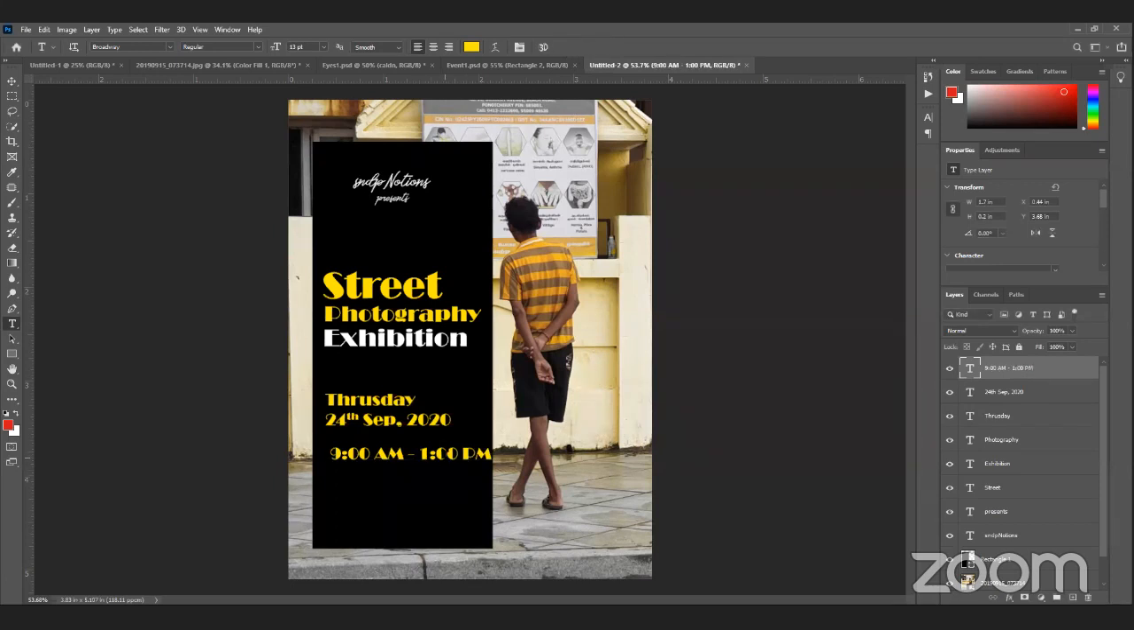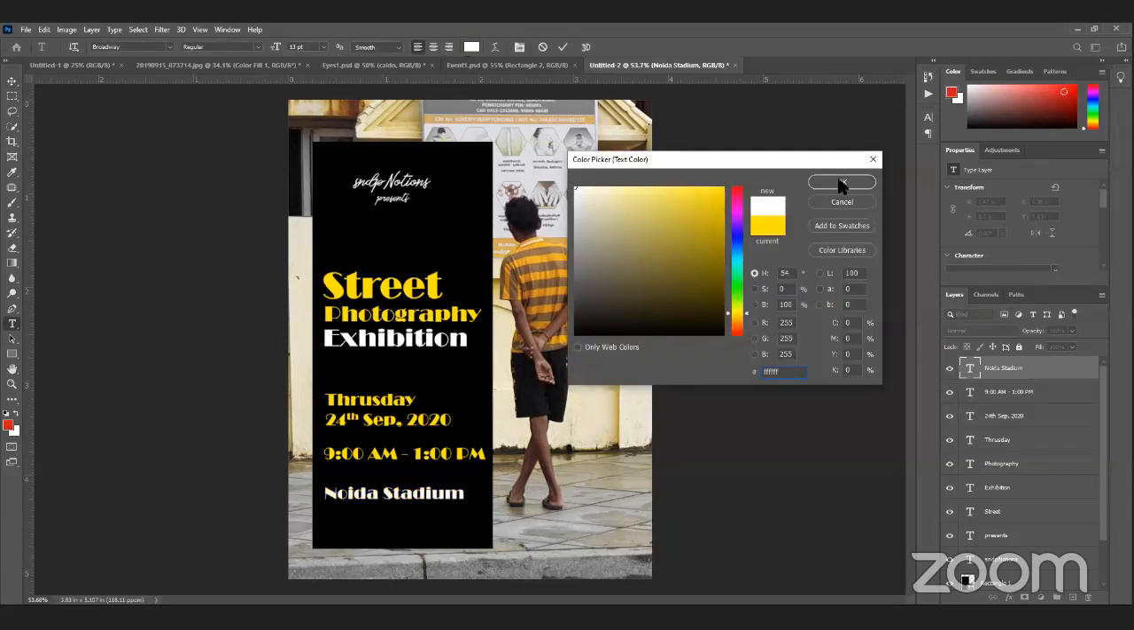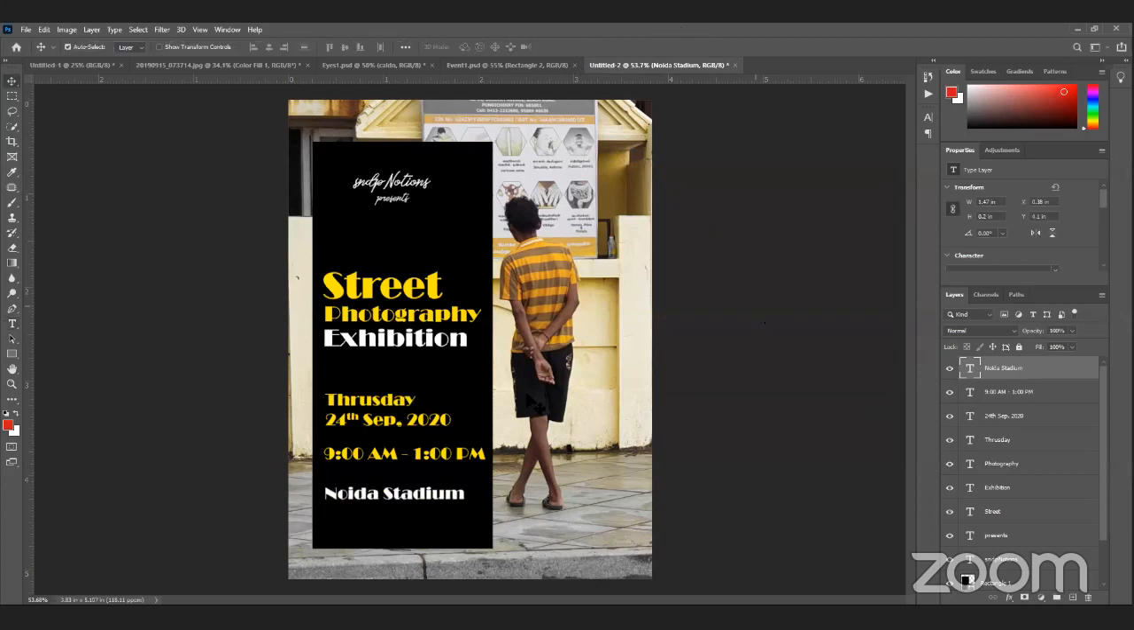Okay, so I just put the time and the place. I live in Noida, so Noida Stadium. Okay, you can see it is simple. I can change the Noida Stadium color so that people can notice it. You can see, with a simple trick,